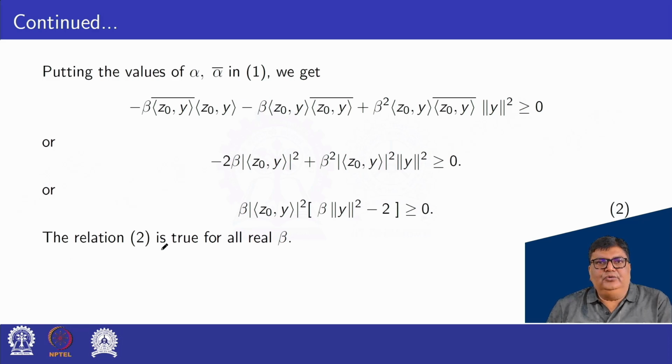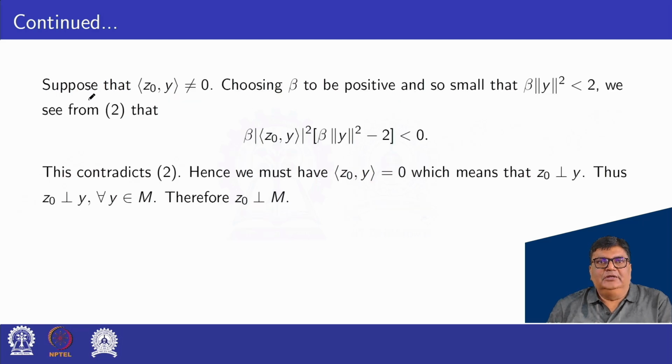The relation 2 is true for all real beta. Suppose that the inner product of z0, y is not equal to 0. Choosing beta to be positive and so small that beta into norm y squared is less than 2, we see from 2 that